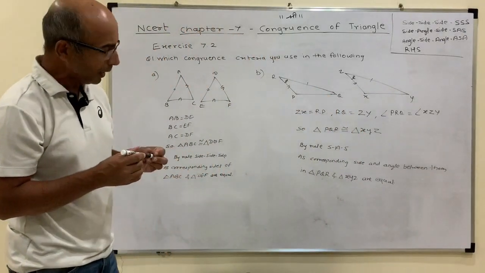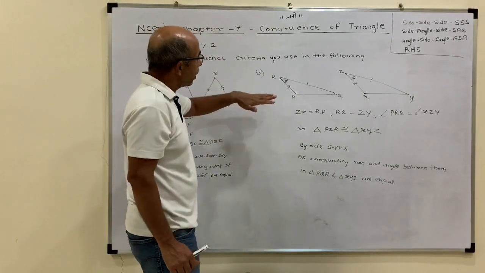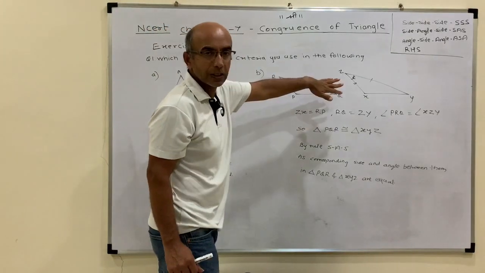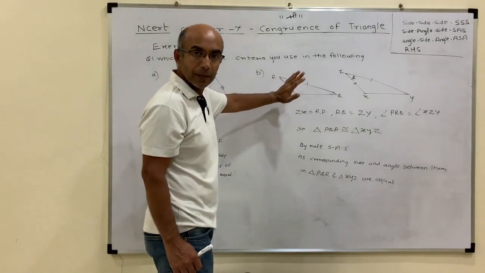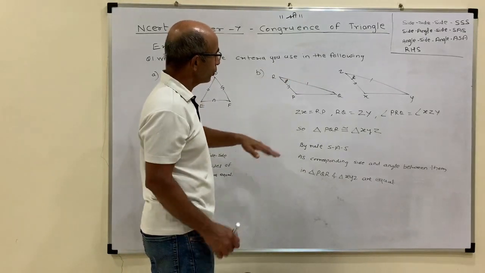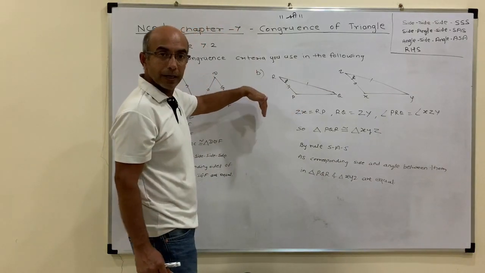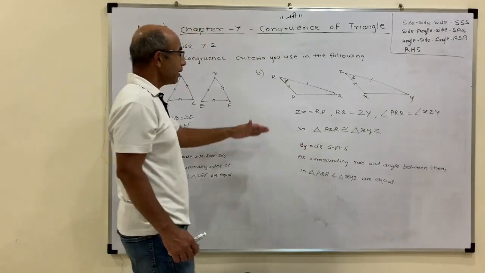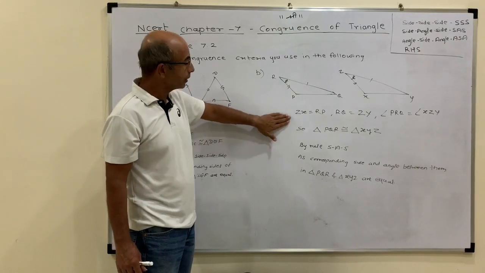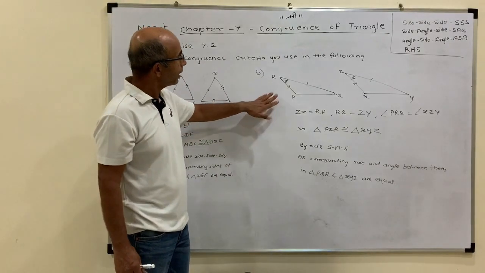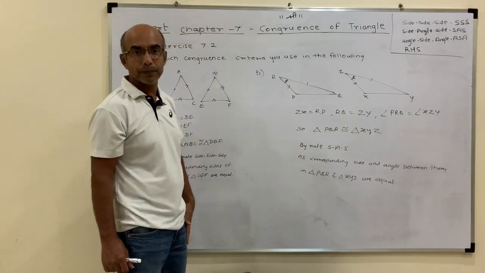Here we have to be very careful. I would suggest, the way I am doing, marking those corresponding sides with a double line, triple line or single line. Whichever sign you want to use, you can use it. Once you do that on the diagram, then only you will realize what rule is applied. Otherwise, with just reading this, you may make a mistake doing things in a hurry. So mark the corresponding information given on the diagrams.